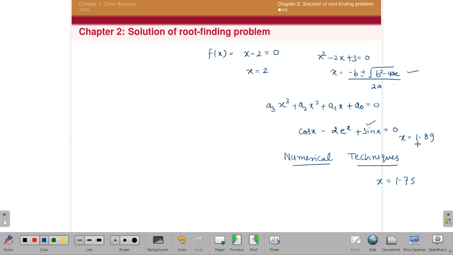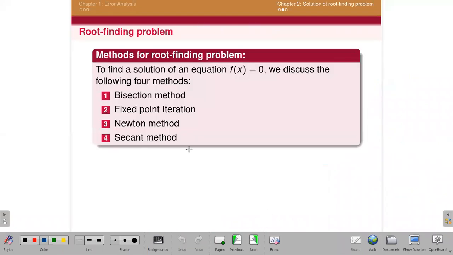So in this chapter, we will find the roots of nonlinear equations and transcendental equations. We will use these methods, the bisection method, fixed point iteration, Newton method, and secant method, to solve problems of f of x is equal to 0. This is an easy method actually. Newton method is also easy. This is also an easy method. This is average, not difficult, but a little bit tougher than these three methods.